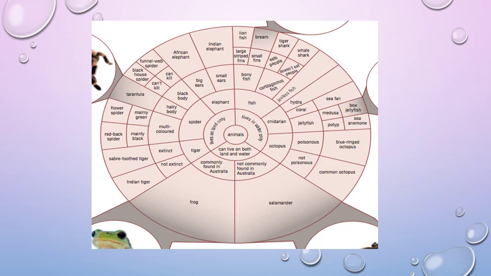Then look in front of the cartilaginous fish. The first couplet is eats people, does not eat people. If the cartilaginous fish eats people, then it's a tiger shark. Otherwise it's a whale shark. Now see in front of the cnidaria, we have three options: hydra, coral, and jellyfish. And see in front of the octopus, we have two options. If the octopus is poisonous, then it will be identified as a blue-ringed octopus, and if it is non-poisonous, then it will be categorized as a common octopus.